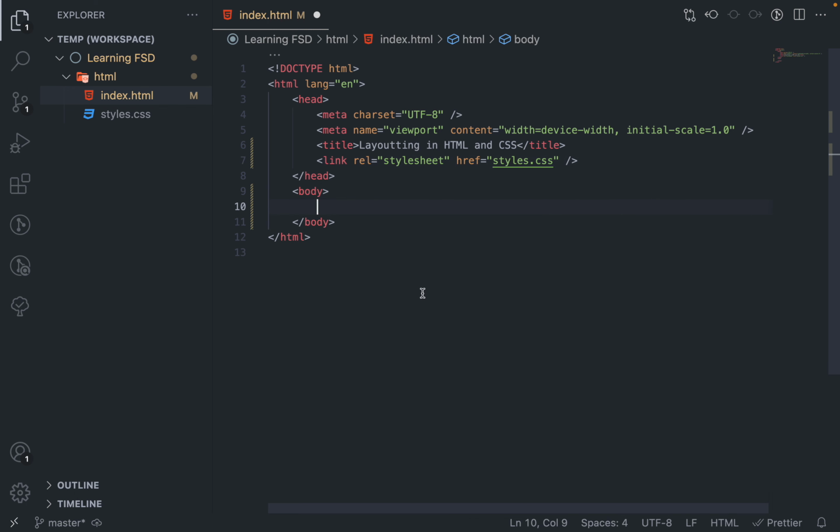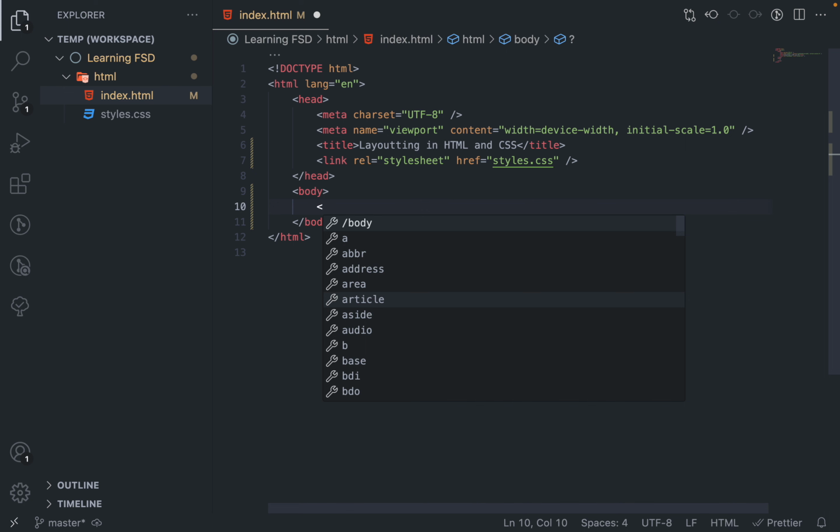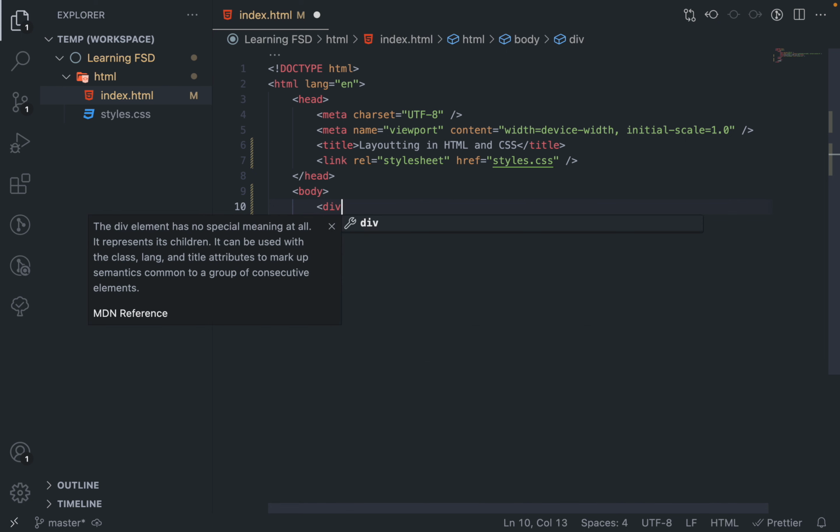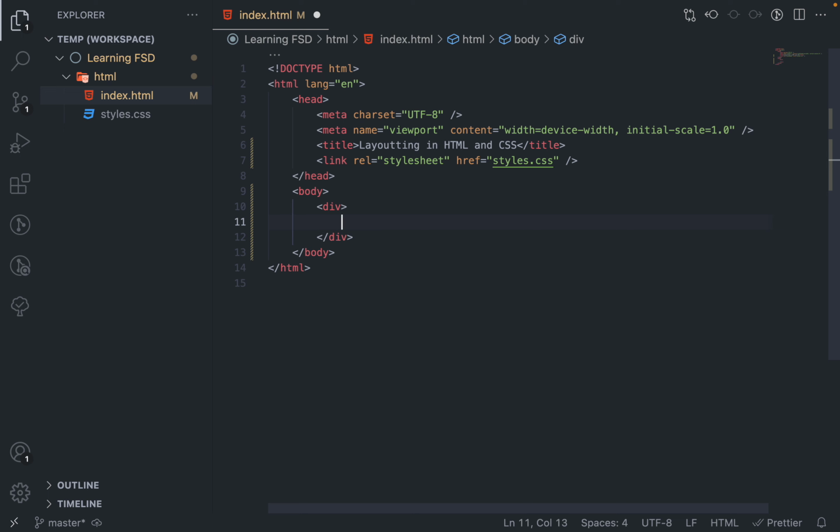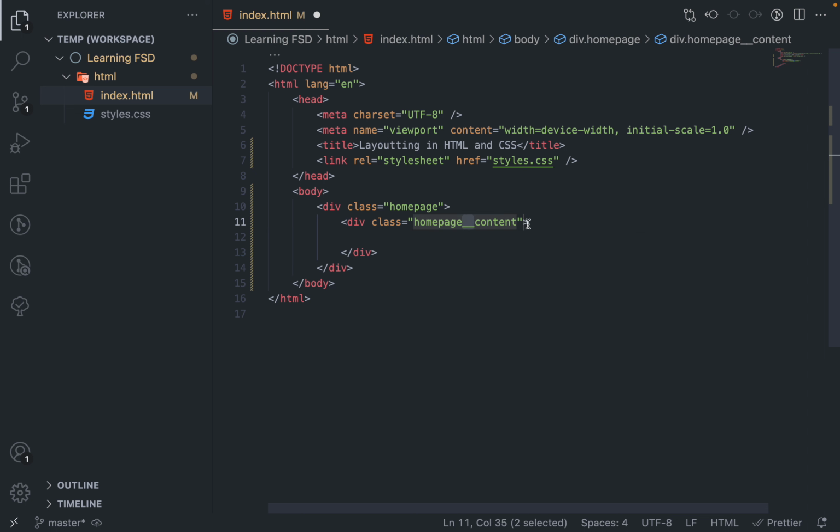Now for example, we want to create something like multiple cards. Okay, for example, we want to create cards. So the first thing that we do is we basically start with division. Okay, and in division we write some code. So how we start writing is we start by home page, for example. Okay, then in home page we'll have home page, underscore underscore, then content again, and that is like a children basically.